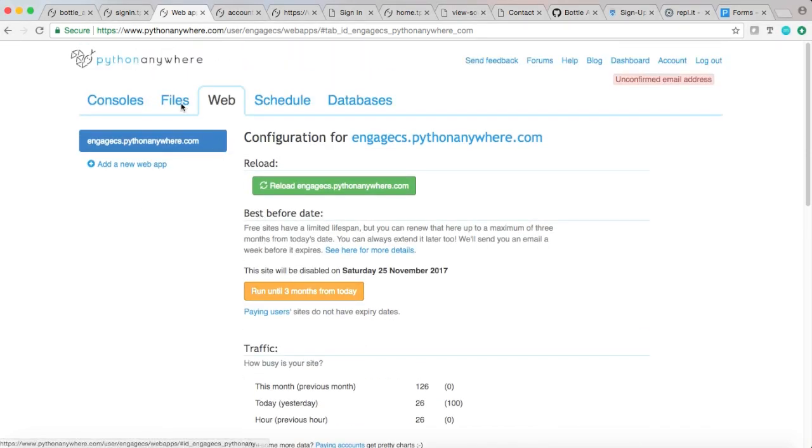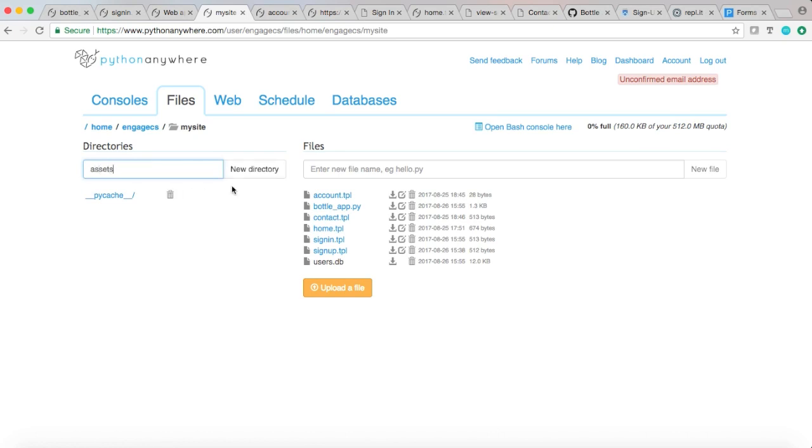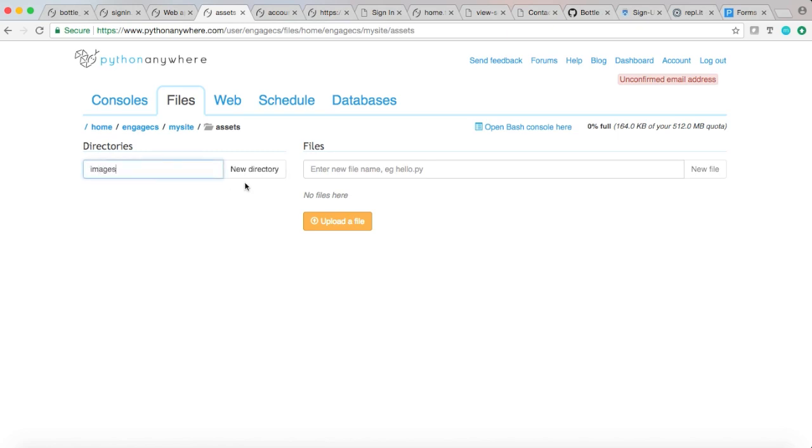So the first thing you want to do is go off to Files, keep the web open, go back to Files, go to My Site, and create a directory called Assets. Under Assets, you're going to create a directory called Images. Then go back to Assets and create a directory called CSS. And go back to Assets after that, and also create a directory called JS or resources or whatever's going to hold your JavaScript. So now we have images, CSS, and JS nicely organized under Assets, but we don't want to call home/this/that every